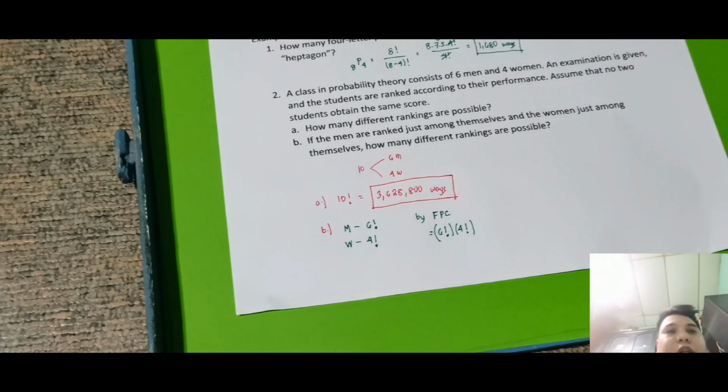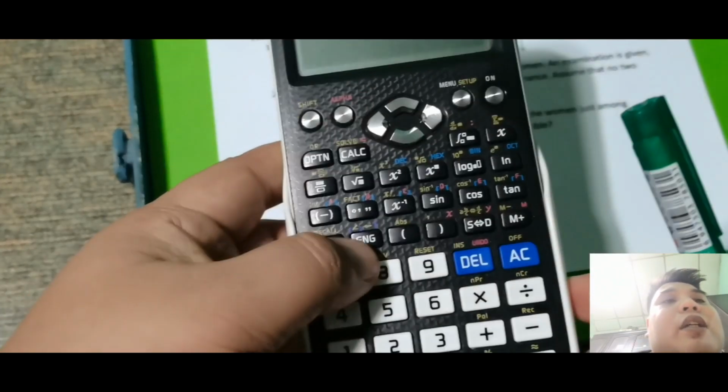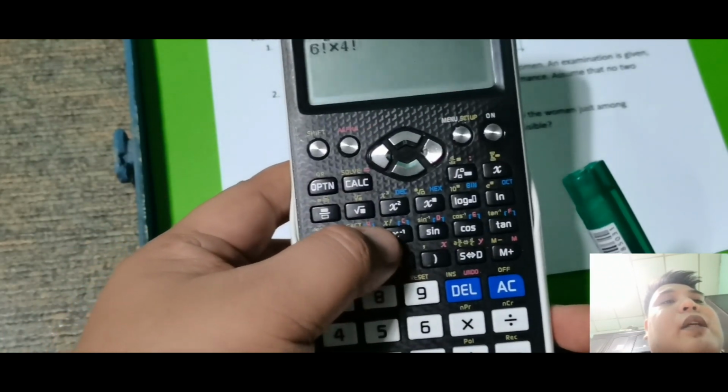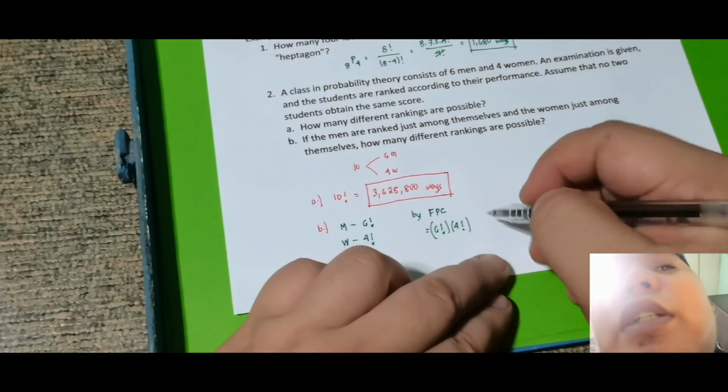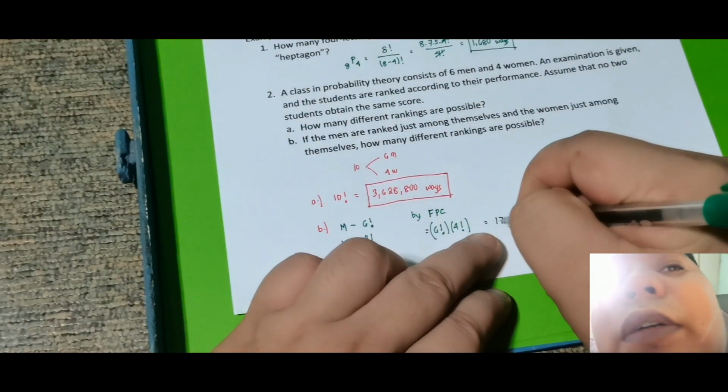So by FPC, kasi nga hindi naman sila totally mutually exclusive, so kasi pasok lang sila, lahat sila nag-exam eh. Sir, ba't nasabi mo hindi sila mutually exclusive? Kasi nag-exam lang sila pare-parehas. Okay, hindi naman ginawa ng babae nag-physical exam, lahat naman sila nag-written exam, so meaning hindi pa rin sila mutually exclusive. Okay, so we have 6 factorial multiplied by 4 factorial. Okay, so that is 17,280 ways. So this is just equal sa 17,280